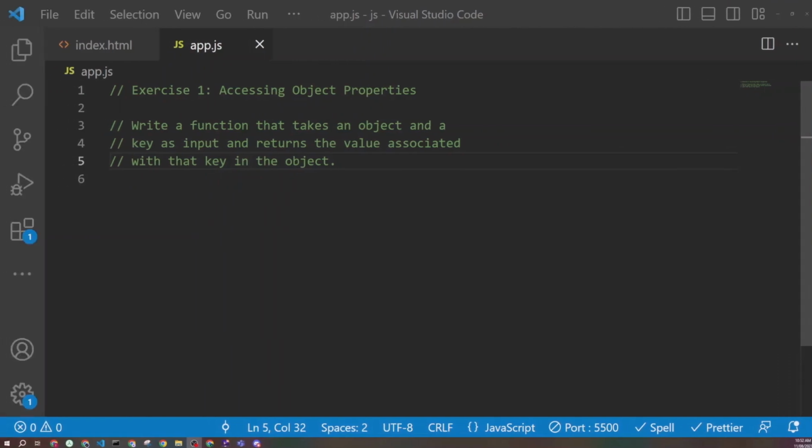Beginning of this course, in the first part of objects in JavaScript, we will go through exercises that will help you better understand the objects and how you can use them and manipulate them. We will take exercises from the easiest one to the slightly more difficult ones, and at any stage, if you have any questions or you feel I went too fast or something didn't add up, please let me know